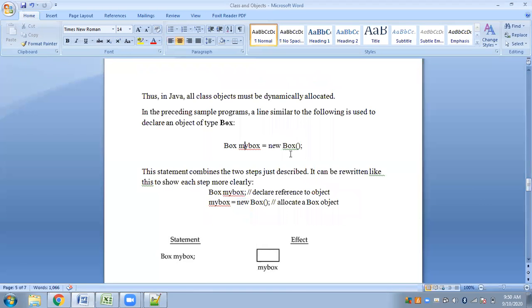Whatever object is created using the new operator and the Box constructor, constructor means it will construct the object using the new operator, after you create the object, the myBox variable will simply be made to point to the object that has been created for class Box. Is it clear till here?